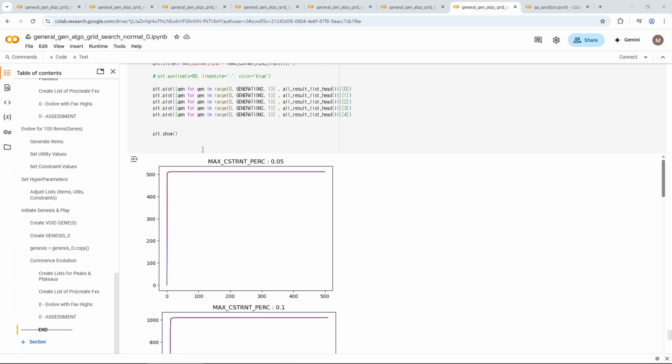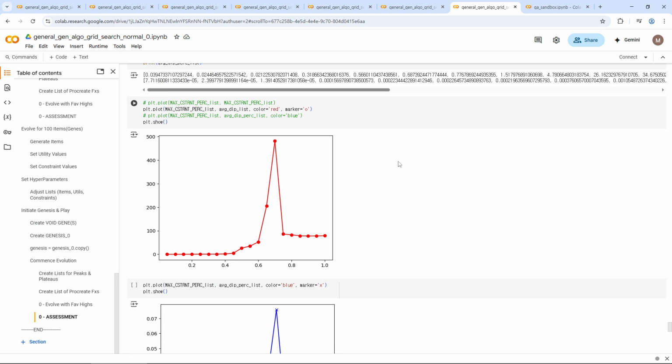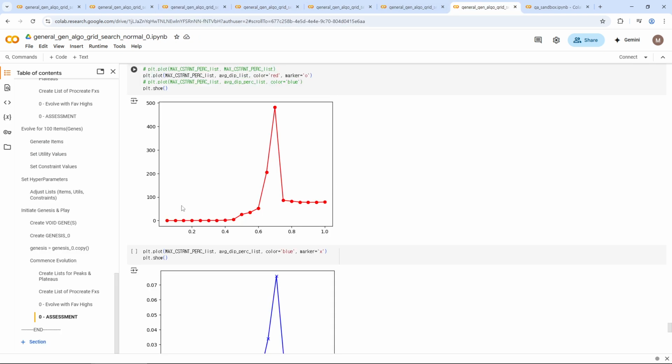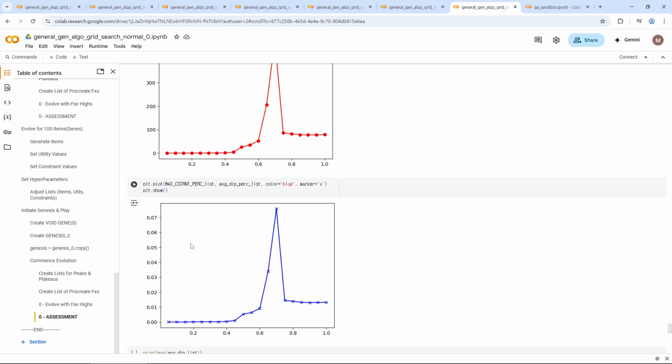In my last video, anyone who cared enough to watch it, in the 7 notebooks that I created, I only ended up plotting the dip percentage values against the max constraint percentage values. And as the maximum constraint percentage goes up, the average dip percentage also goes down. Then I thought maybe it's obvious, because now